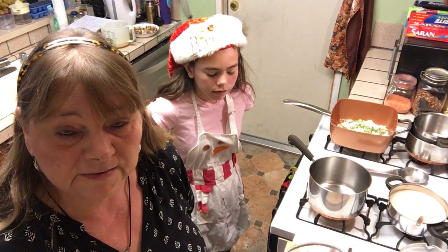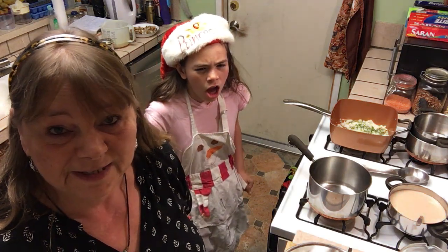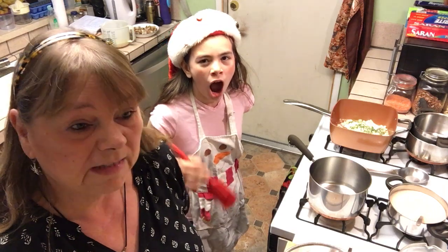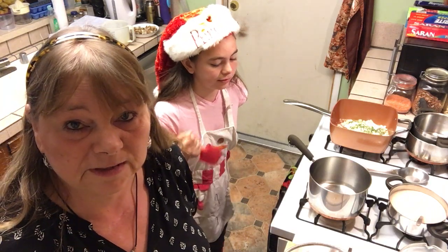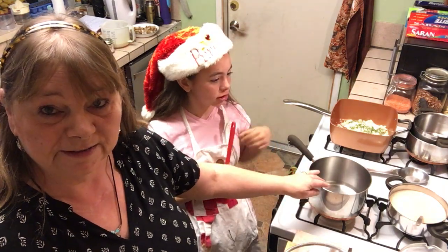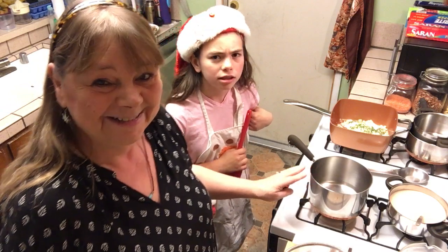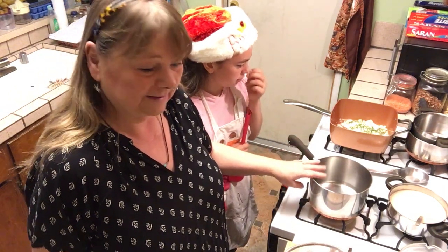But let's start with Dr. Mary McDougall's chocolate pudding. I already prepared a little bit so that it's not taking too long. So concentrate on this pot here. You're sitting on my refrigerator again today, so that might be the best view for all the gravies and stuff. So here is the